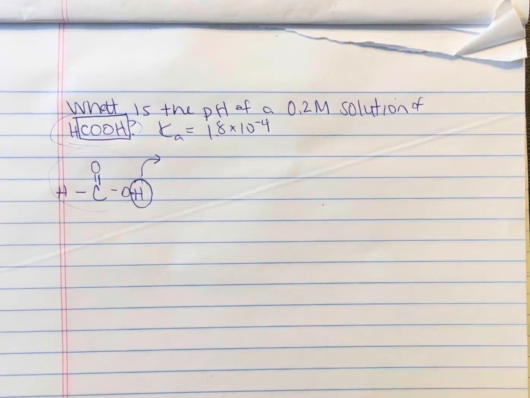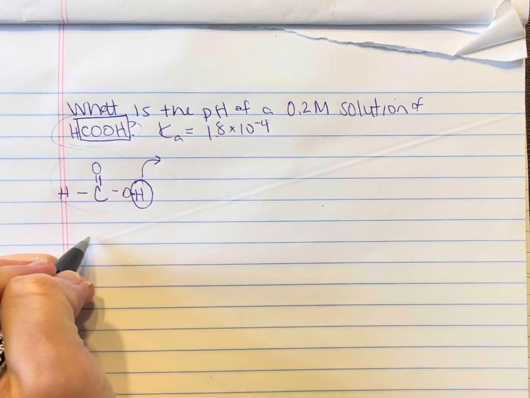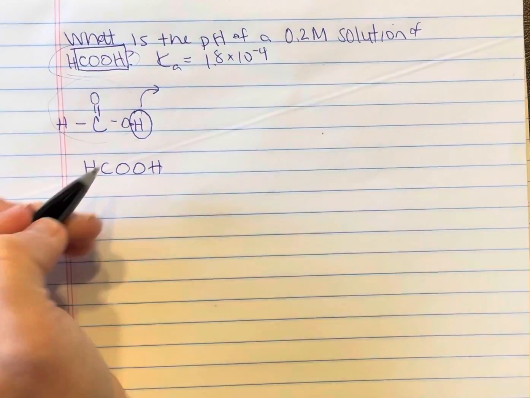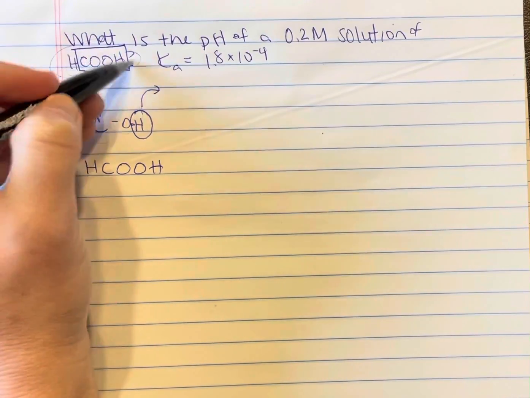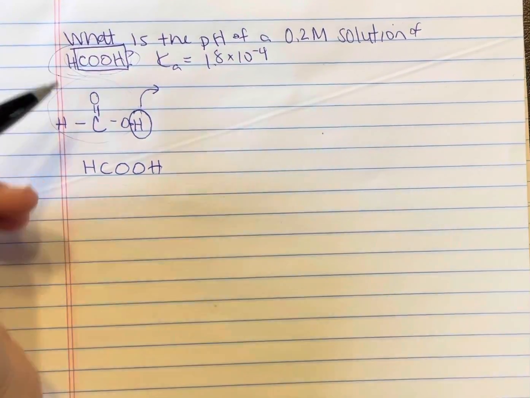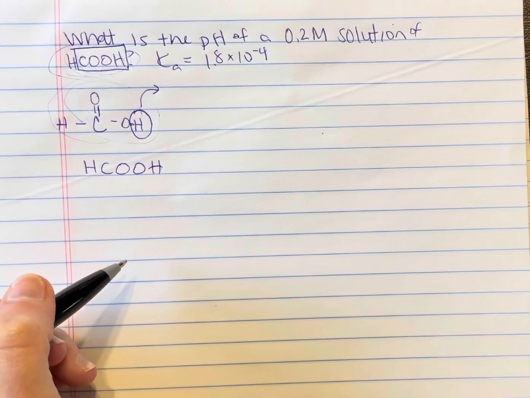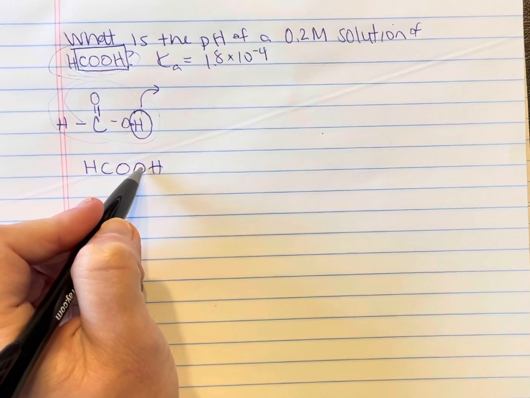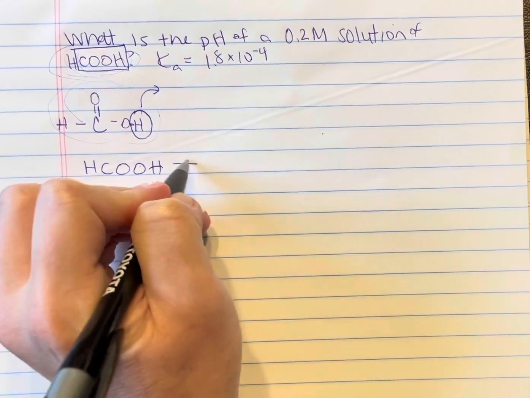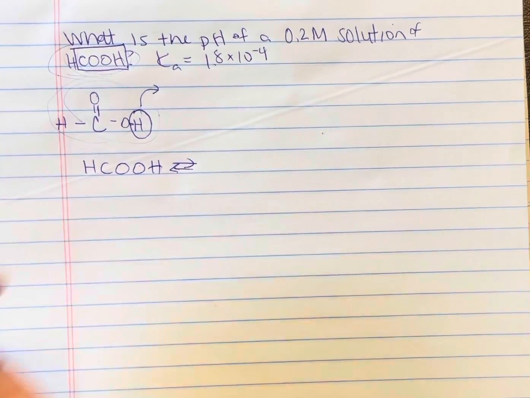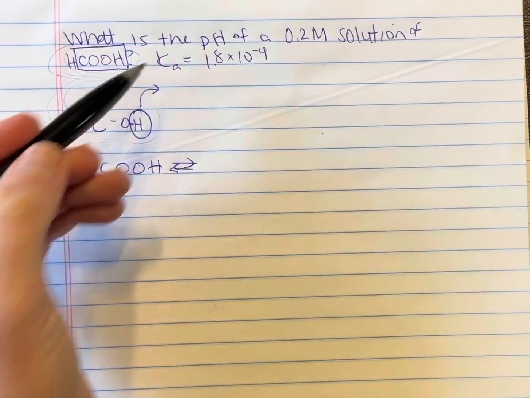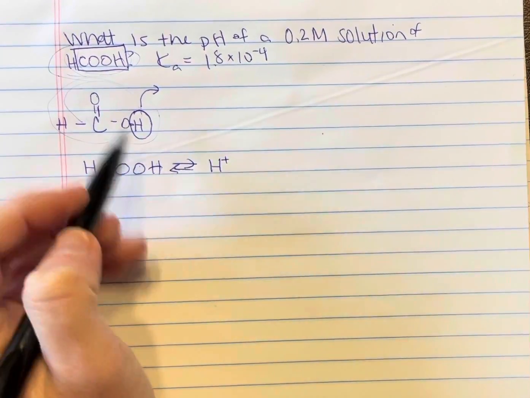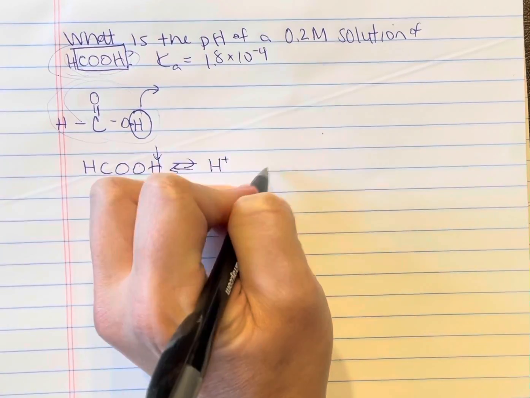And then, when you're writing your dissociation, write your acid. Almost always, this is going to be on the end. This is going to be the terminal end. So you find your group here. And in the Lewis structure, you're always going to pull off a hydrogen that's attached to an oxygen. Organic acids are automatically weak acids. You know it's a weak acid because it gives you a Ka value. So go ahead, pluck off that hydrogen, which is this one, and that's going to leave you